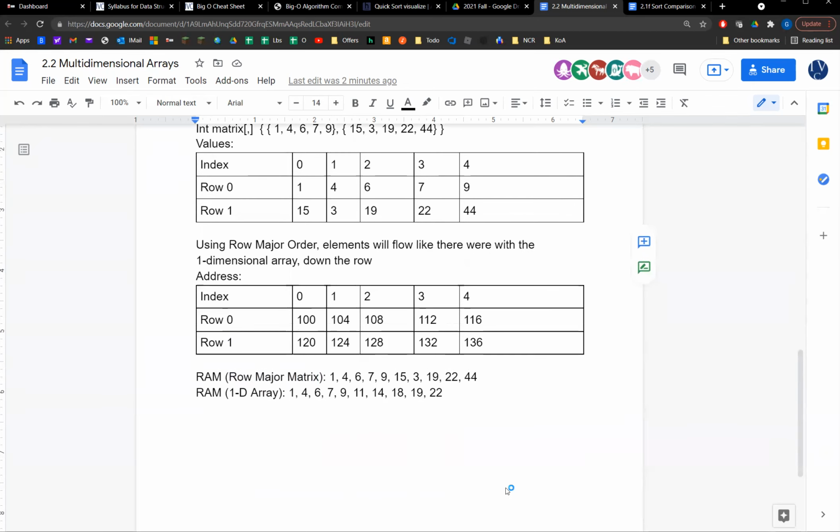So let's get to the math before we switch over to the code. Well, take a break, then we'll switch over to the code. All